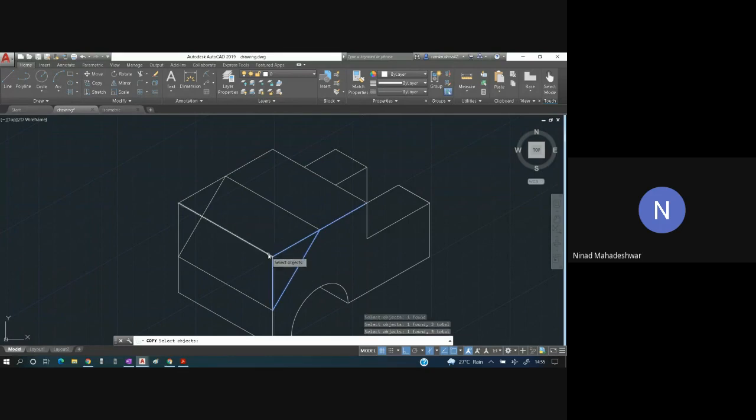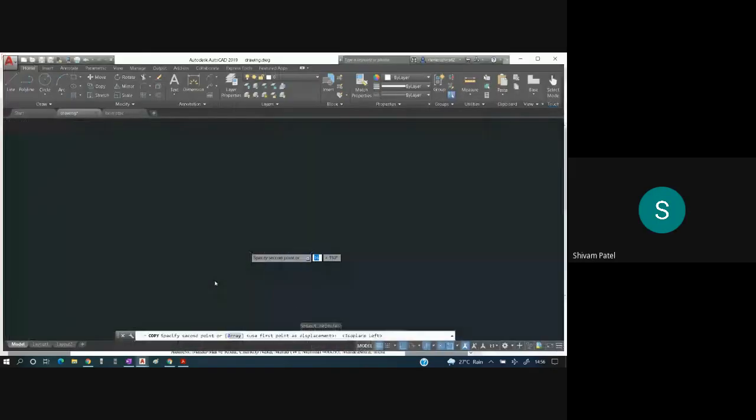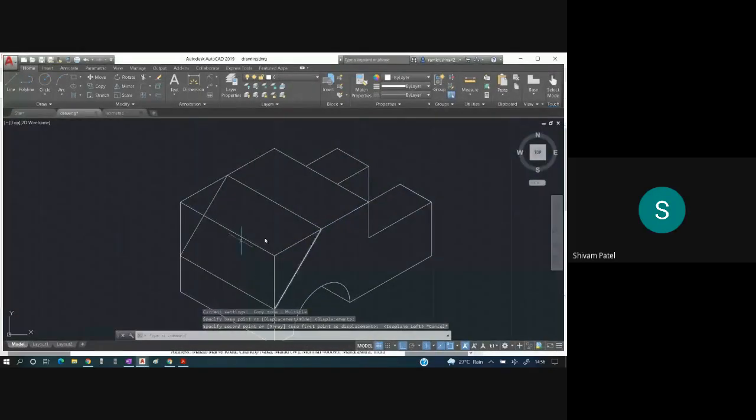From this end it should go inside. Function F5, it should go inside. Let us see how many it should go inside. Can you figure out this distance? 15. 15. So it should go inside by 15.